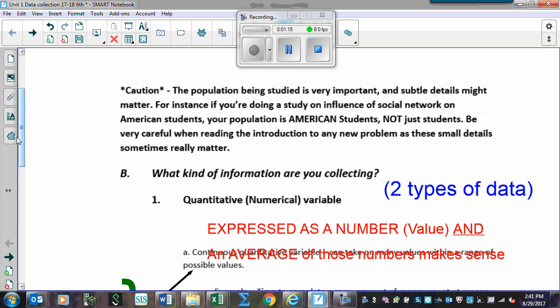So if we were talking about social networking and influence on American students, well, we would have to study the habits of American students. We couldn't look at European students. We couldn't look at adults. So as long as we define it a certain way, those are the people that we have